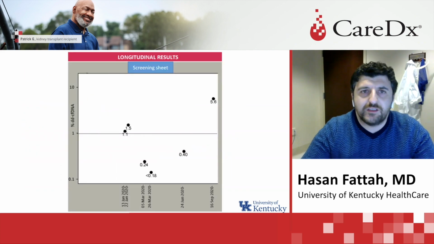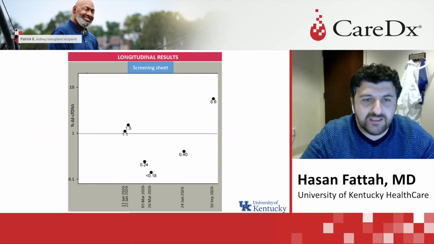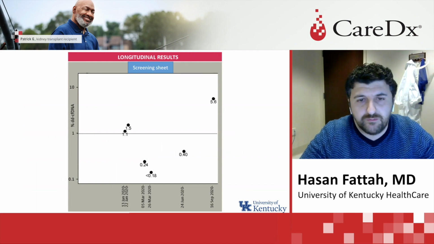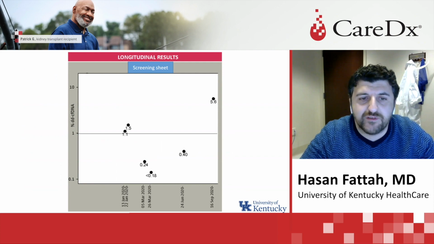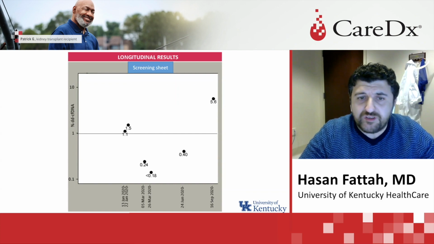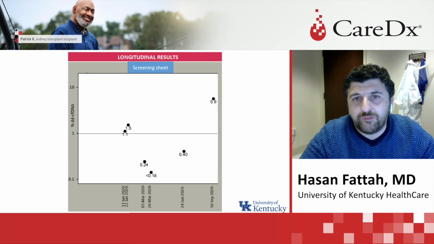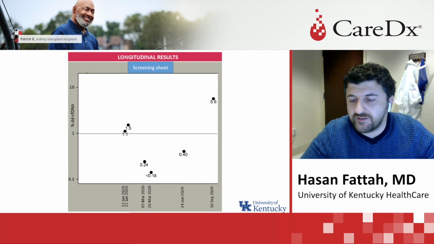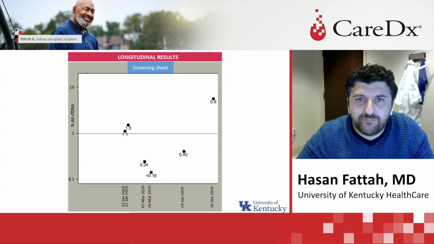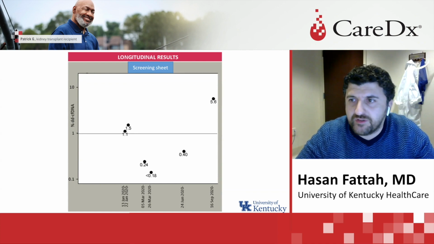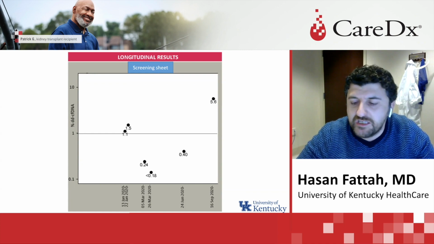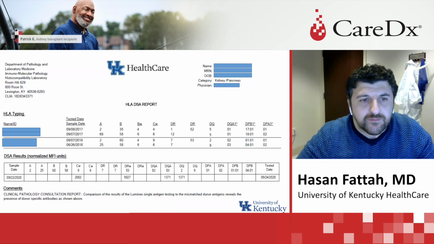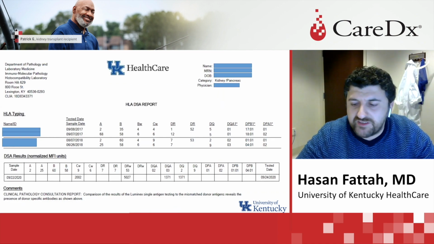This is her screening sheet for AlloSure, with a baseline of undetectable level and what seems to be a significant rise from her prior samples to 0.4% in June. For different reasons, the patient did not follow up for this result. So we ended up seeing her in September, when the repeated AlloSure showed a further increase in her value from 0.4% to 5.6%. At that time, the patient was brought to our center and she underwent a kidney biopsy. This is her HLA report, which basically was negative.